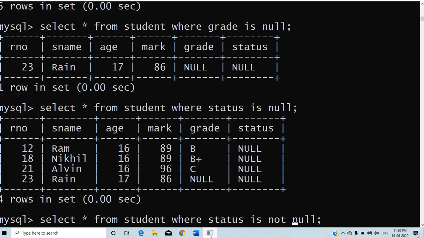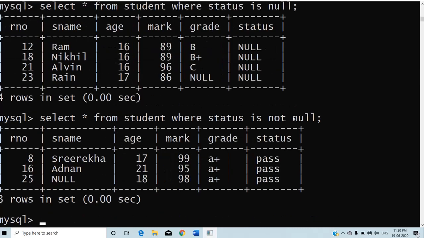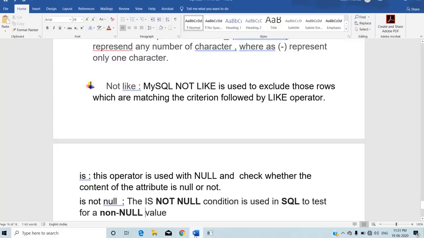All the records whose status contains some value other than null will be displayed over here. These are the different types of operators that can be used along with the WHERE clause.